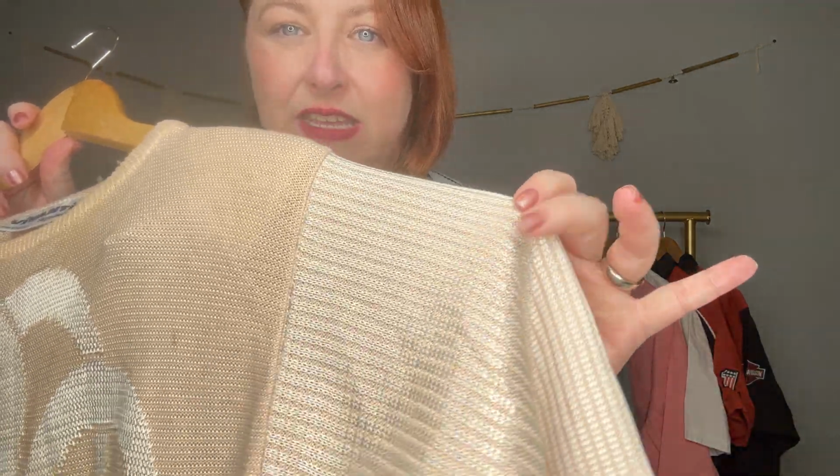Shoulder pads, love. Look, you can already start to see this silhouette. It has that fine woven, very 80s silky sweater feel. I'm going to scoot back and you're going to see how